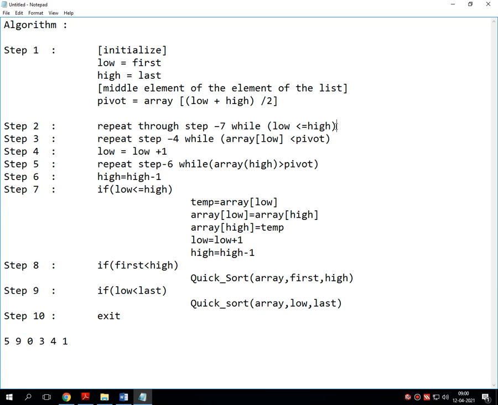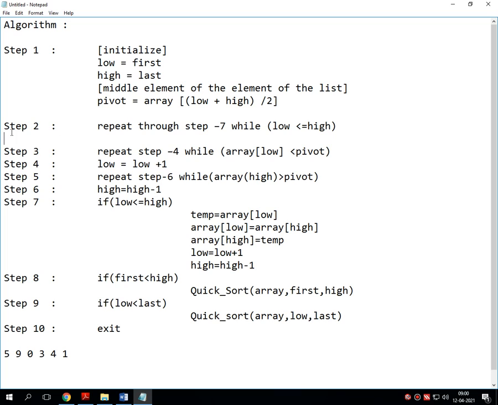Now step number 2 is what? Once the pivot element is found, repeat step number 7 while low is less than or equal to high.